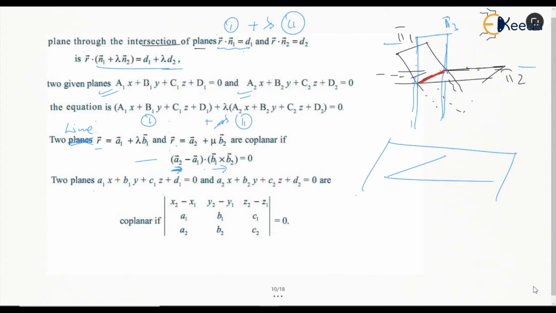Let's say this is the plane on which this line L1 and this line L2 lie. Let's say L1 is in the direction of B1 and L2 is in the direction of B2, passing through the points A1 and A2. In that case, the line joining A1 A2 should be perpendicular to the cross product of B1 and B2. That means the scalar triple product should be 0, and that is what we have done here in the Cartesian form. So I think it is not required to explain this. This is simply the Cartesian form here.